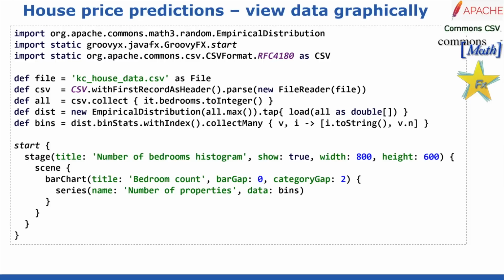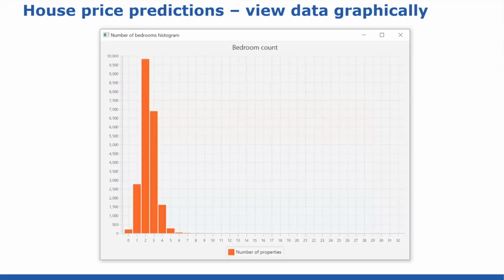I'm just grabbing all the data out of the CSV file, putting it into my distribution, and then I'm going to use groovyFX to show that as a little bar chart. So here's the bar chart here. We can see, yep, lots of houses. I've just shown the bedroom